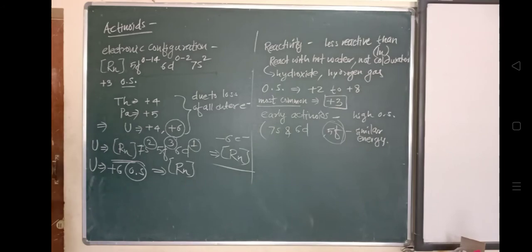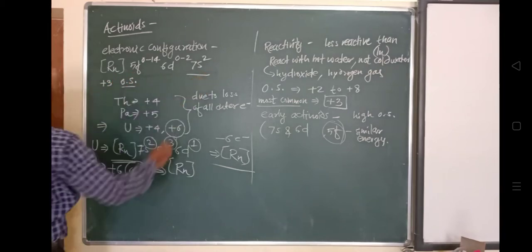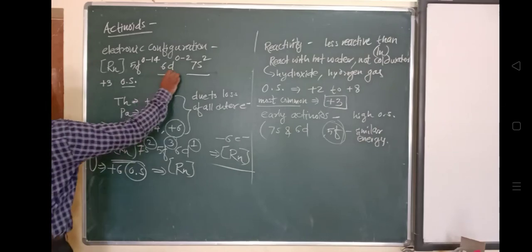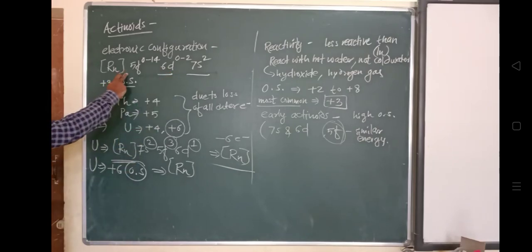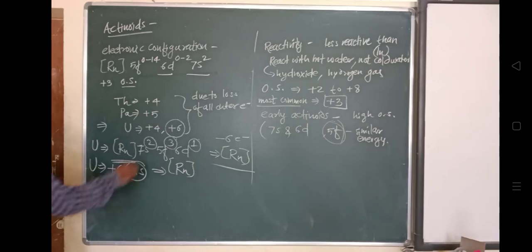Similarly, the loss of these electrons occurs before radon. So we have written here the general electron configuration for atoms. Here loss of s electrons takes place, then loss of d electrons, then loss of 5f electrons by early actinoids. This indicates that these electrons are much closer in energy to 7s and 6d electrons than 4s. So the energy of both is near about the same.